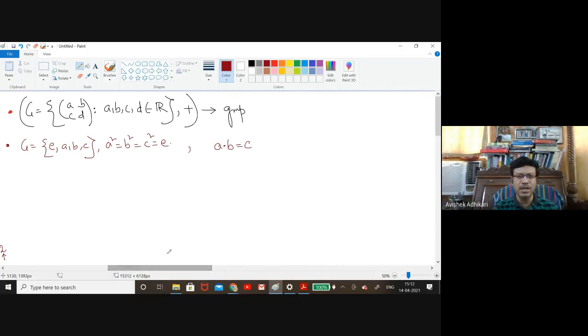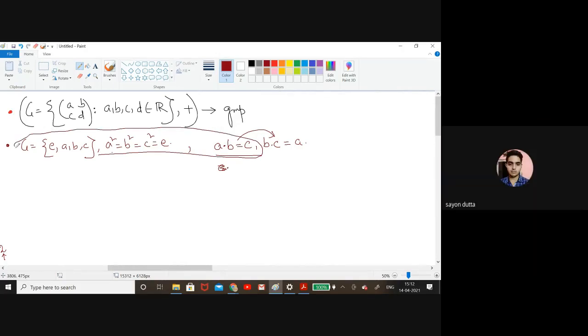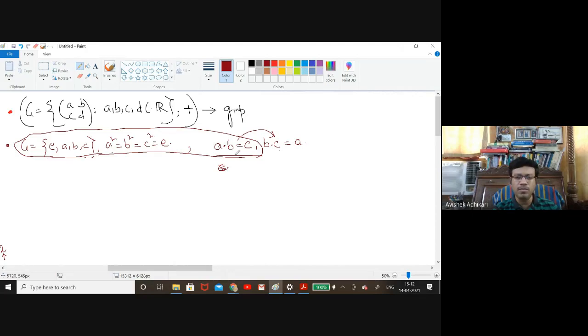AB equal to C, and then what is BC? BC equal to A. If I consider BC, right? So from this equation, if I multiply C from the right, then what will I have? A, so BC. Okay, so what will I do? How will you be able to deduce from here to this? Suppose you have this information at hand. Will you be able to deduce this from this information?